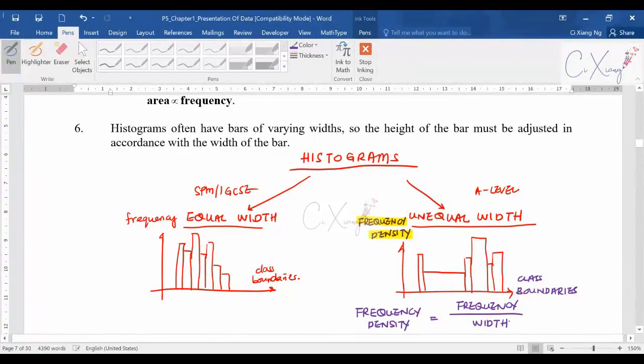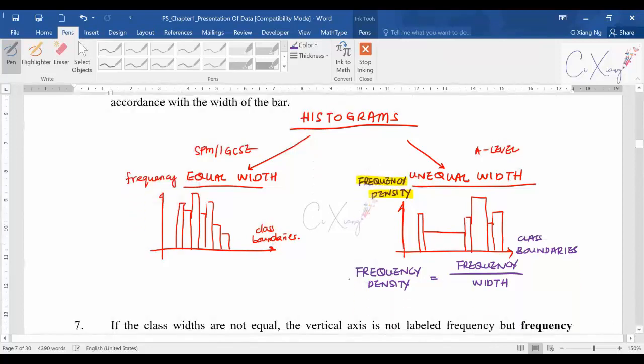So you can see frequency divided by the width. This is a new formula that you never learned before, so you are going to learn it later. If you try to change it to become non-fraction, you have frequency equals to frequency density